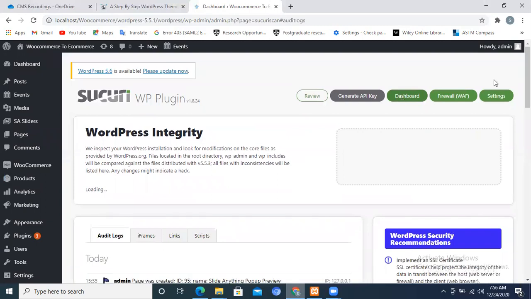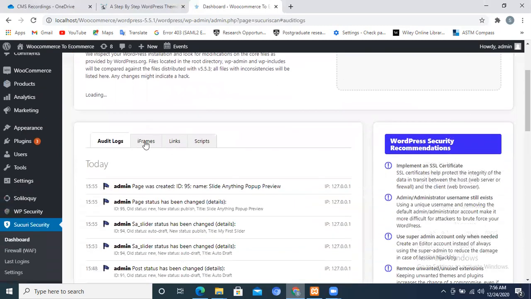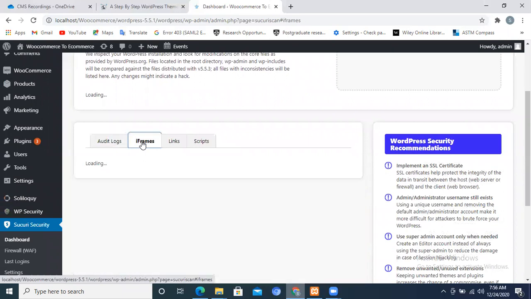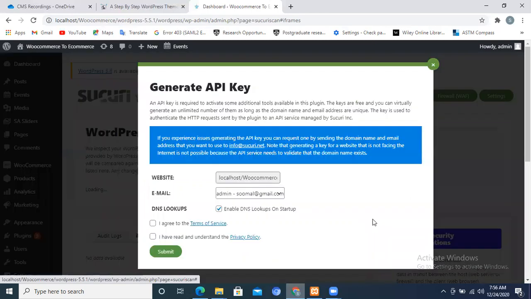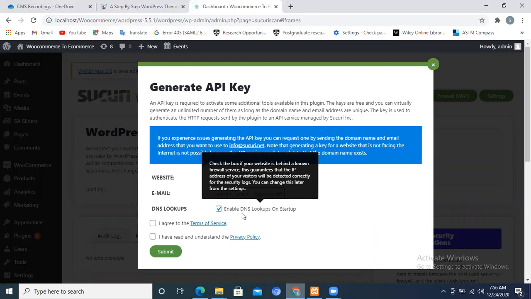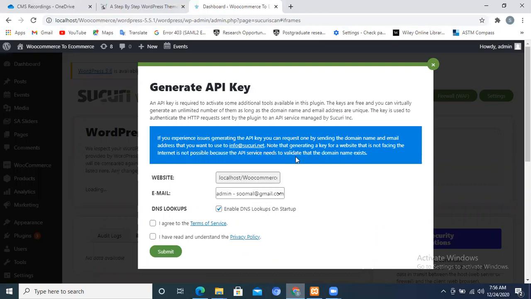All the things will be given to you in the dashboard, as you can set up iframes, links, and scripts. You can enable any kind of setting in the plugin. What you want to generate over here, generate an API key, any kind of key if you want to enable on your particular website. For example, if any person looks up your website, then the key will be shown